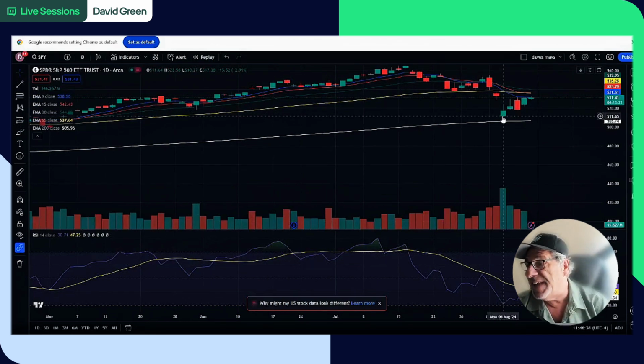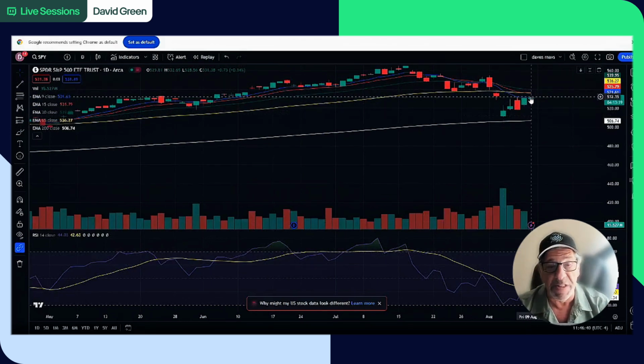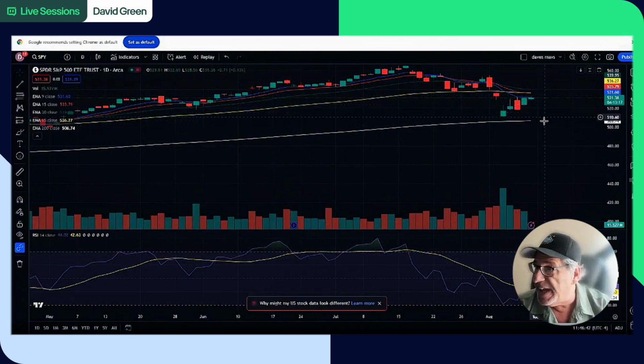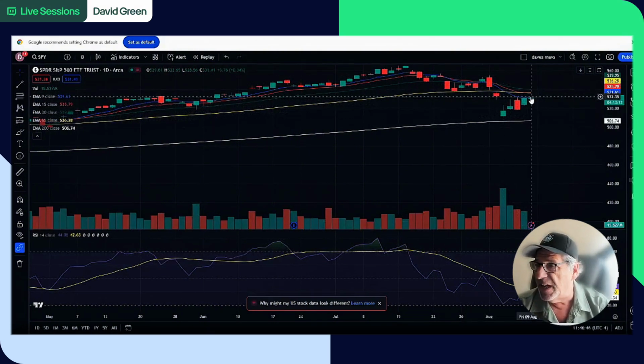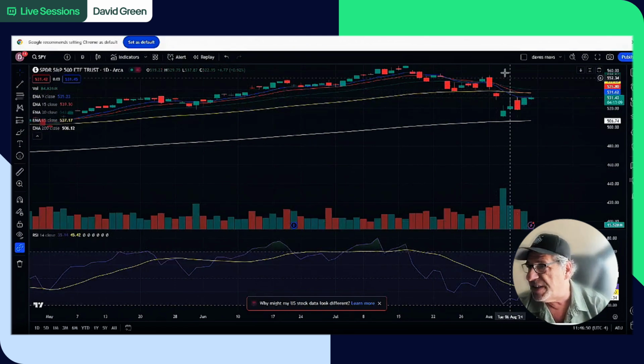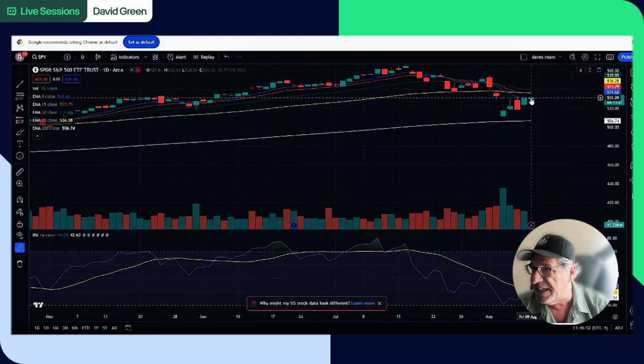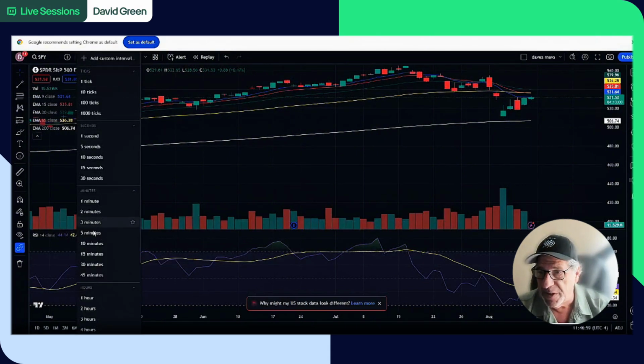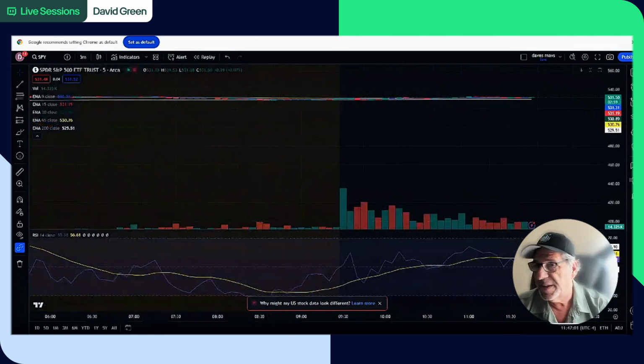But in the last 5 days, we've rallied up 25 points in the S&Ps. And even today, you can see where we are. I'll go back to the 5-minute. We're sitting up against little resistance levels now. My moving averages that were support and now resistance were sitting right up against my first trend line. All right, let's go back to the 5-minute and see exactly where we are. Let me make that bigger.